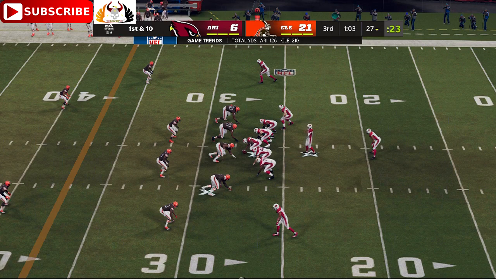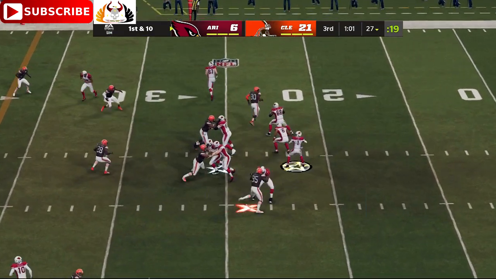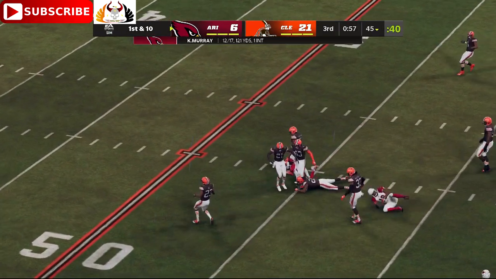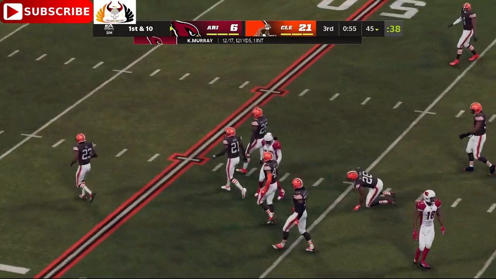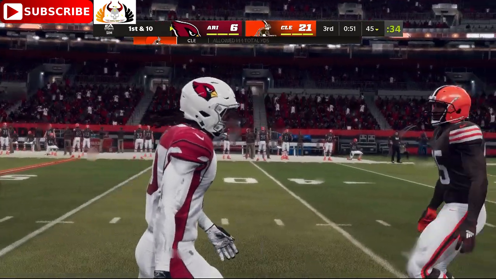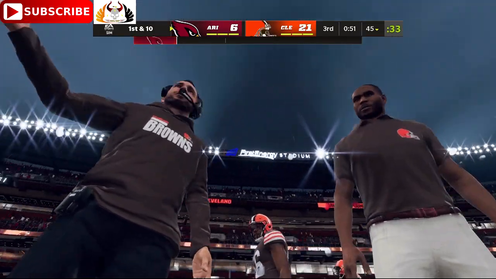Murray and the Cardinals with a 1st and 10 at their own 27. From the gun, Murray. The catch made by DeAndre Hopkins. And he'll be tackled right on the chalk of the 45. This drive starting off on the right foot, 18 yards. First down, Cardinals after the catch there by